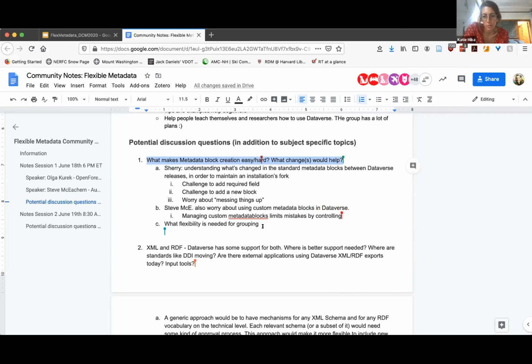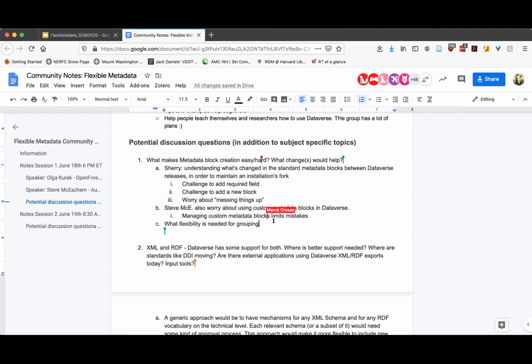I think that goes pretty well into the next sub question here about what flexibility is needed. I wonder who put it in, but I have a suspicion that it might have been Jim, because he's been talking a lot about that same thing, Steve, about how it's really easy to break things. Mm. Well, I think that, oh, go ahead.